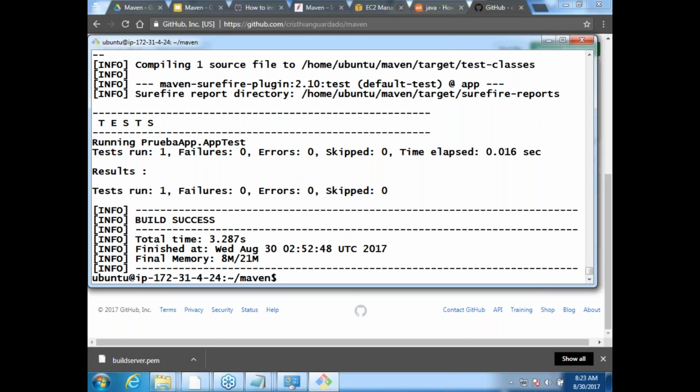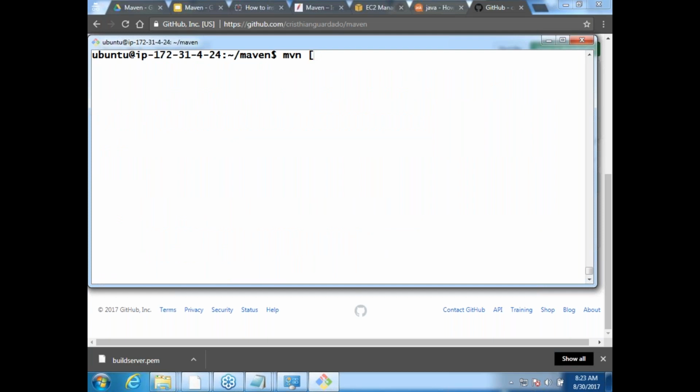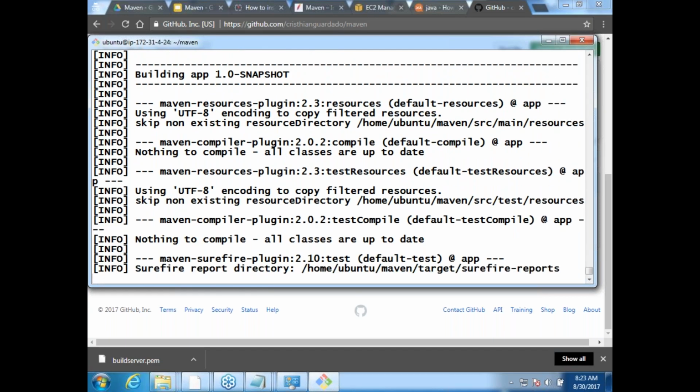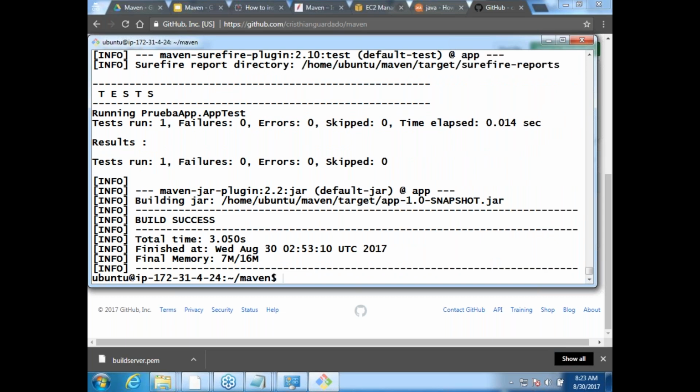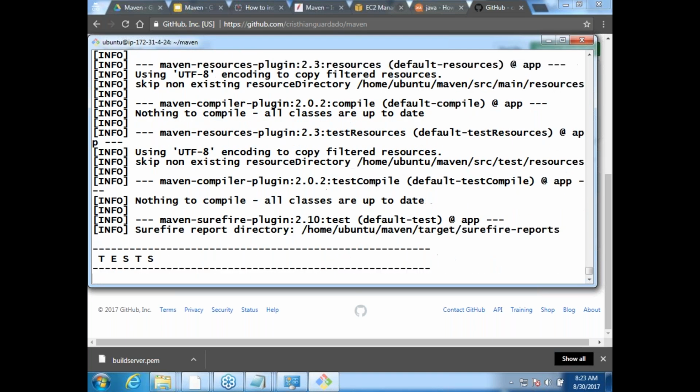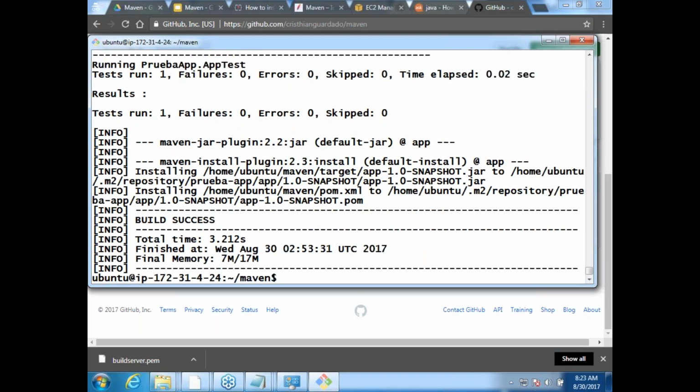And then after this, mvn package. Package will give us whatever he wants, whether it is a jar or a war file. So he is asking for a jar file. If you see, that is app-1.0-SNAPSHOT. And then mvn install. That's it. Once we learn Artifactory, we would be doing mvn deploy also, but for now we can't deploy. So will you be able to take any project and try to build it?